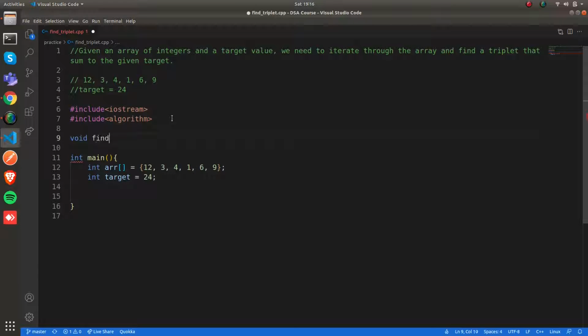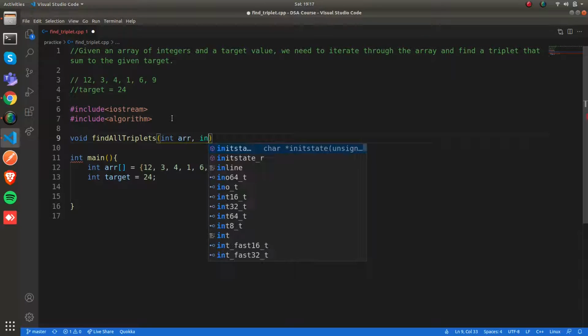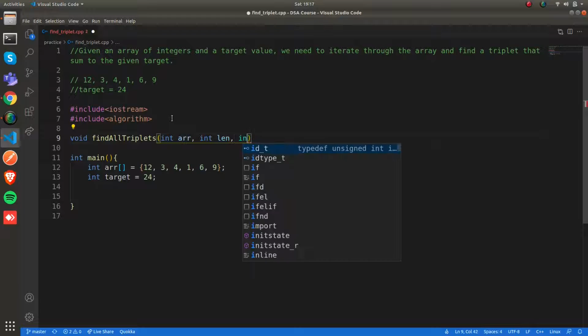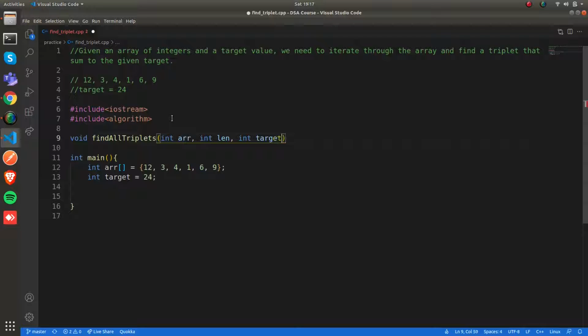Let us call it findAllTriplets, and this takes the array as the argument, and also the length of the array, and also the target as the argument.